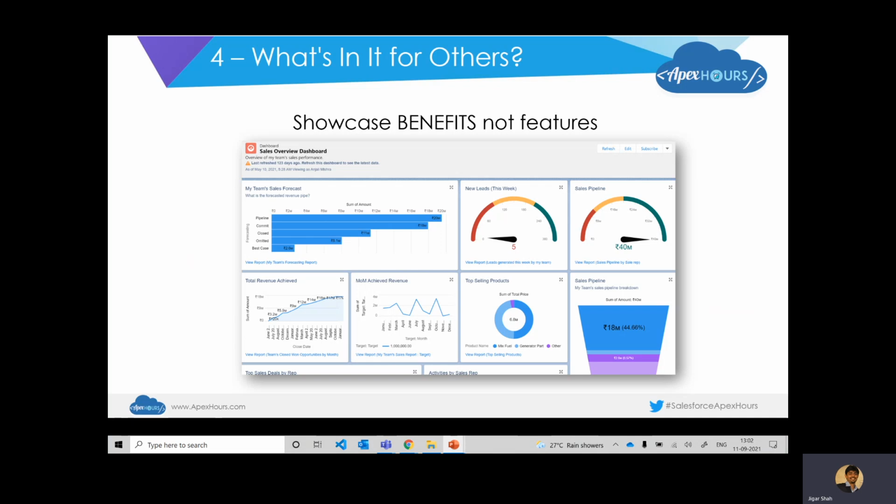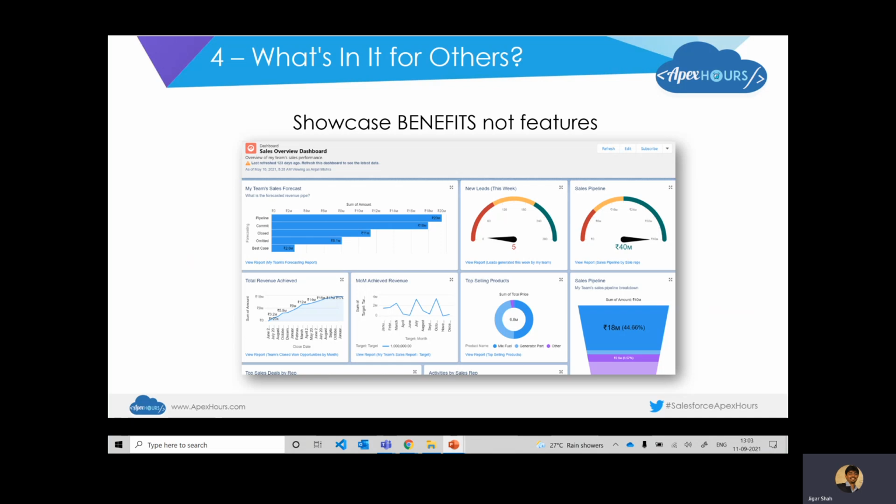So it is imperative to ace your demonstration, you need to highlight the benefits and not the features. It is not merely forms and buttons that you're showcasing. It is the benefit that the user derives out of that form, button, or any feature. That is what is important.